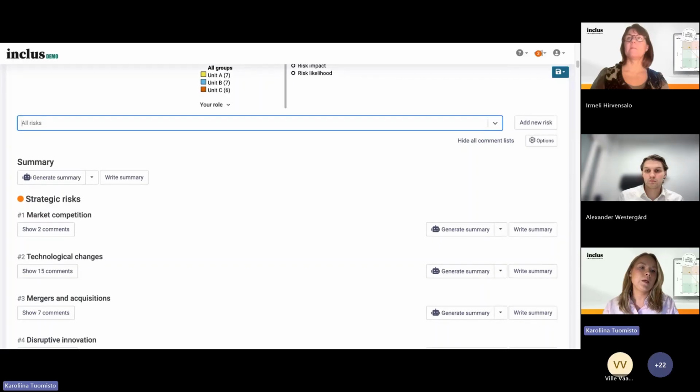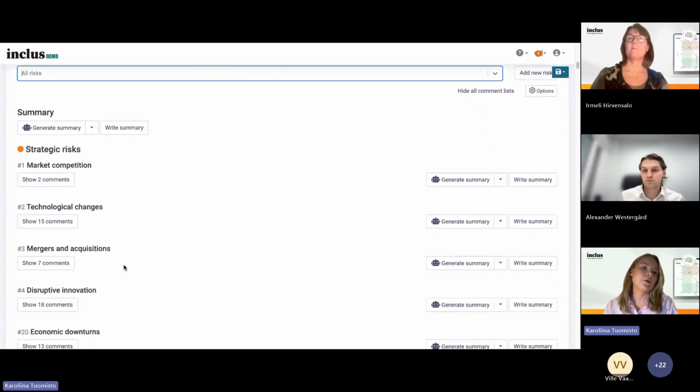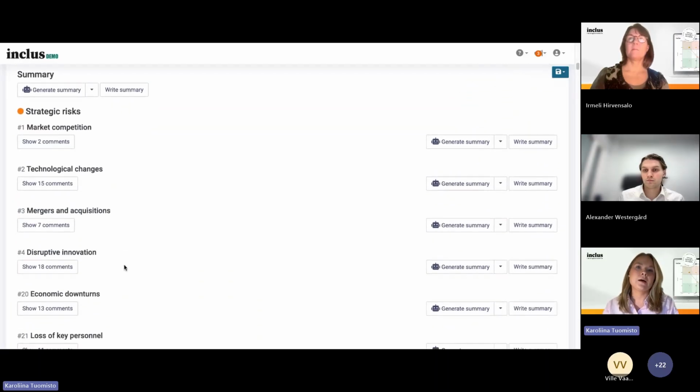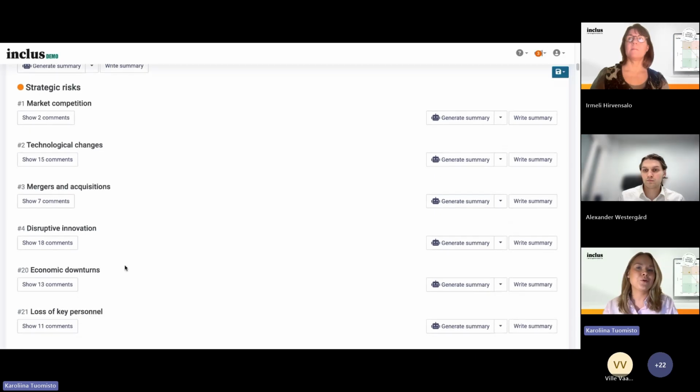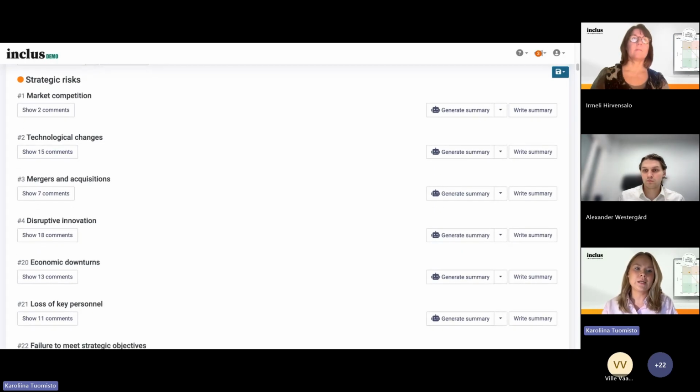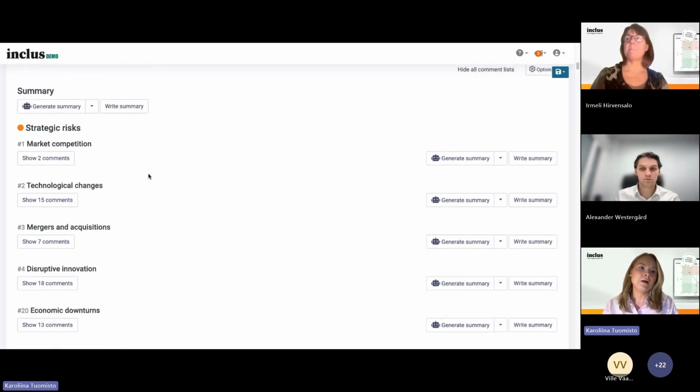As you can see, we have quite a lot of comments under these risks, so it's a lot of work to go through manually and write the summary by yourself, which of course you can still do from here, but we also have this AI button here, which can help us to write the summaries.